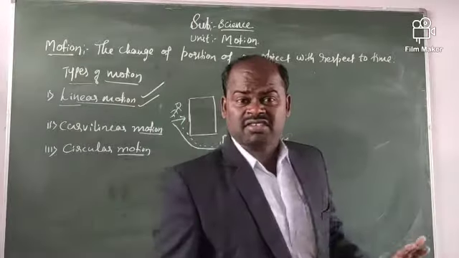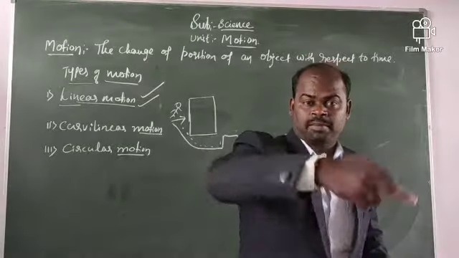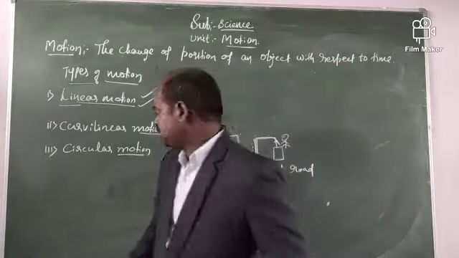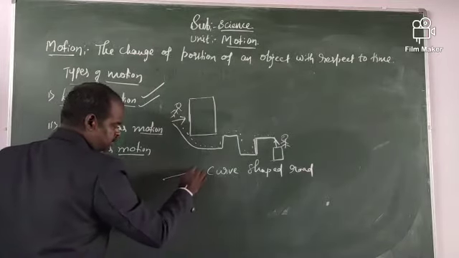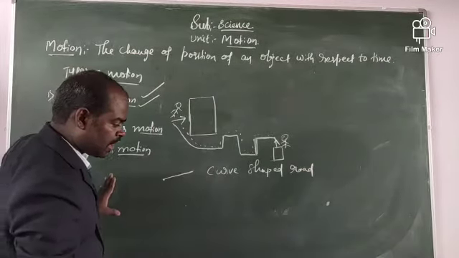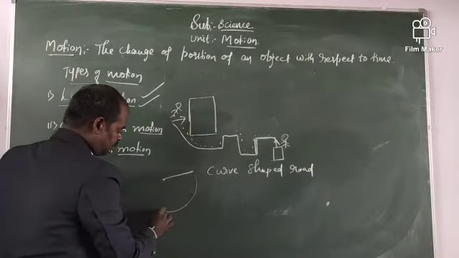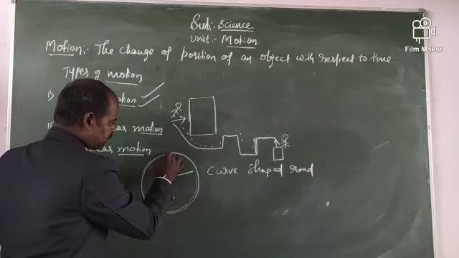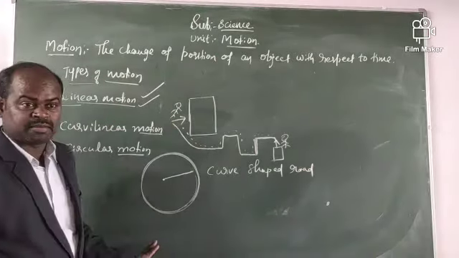What is this circular? Circular means rotating in a circular path. In the circular path, an object is rotating. Here is an object. If you rotate this one circularly, it may rotate like this. This is what? Circular motion. Understand? One more example is,